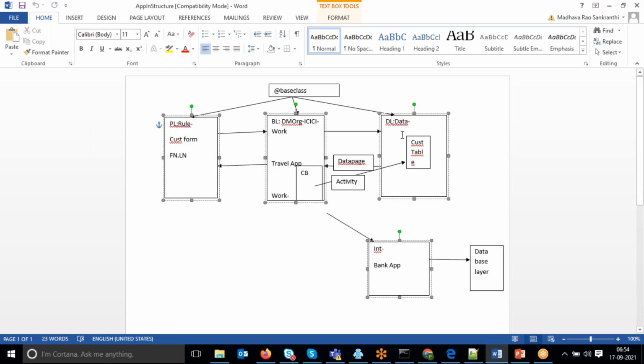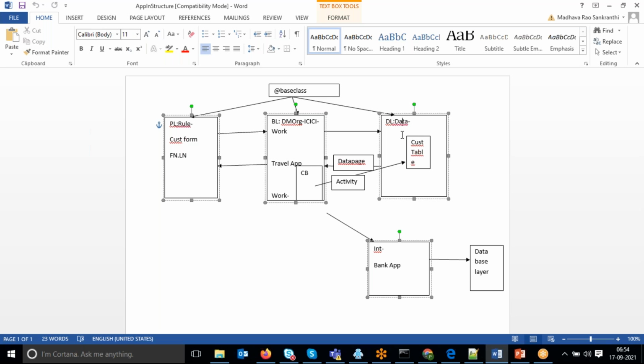For the database layer, think of it this way: we have three rooms in our application. The application is one house, and inside the house there are three rooms: business logic layer, database layer, and presentation layer. For every room, they have given one person to take care of full security and check whether there are any issues.